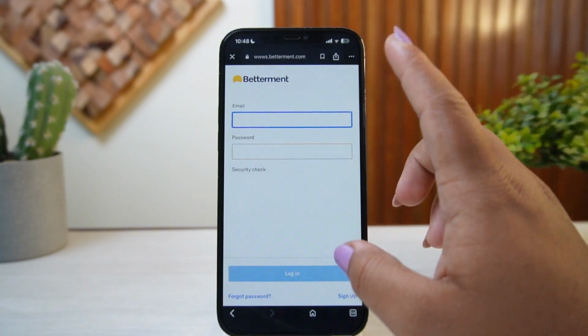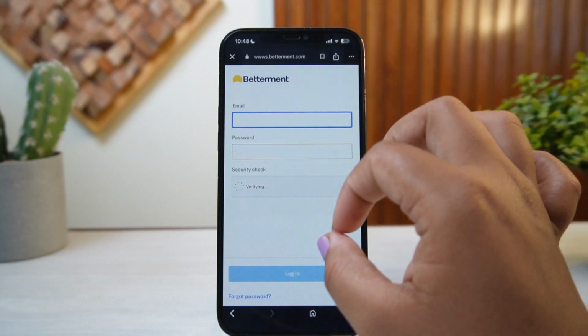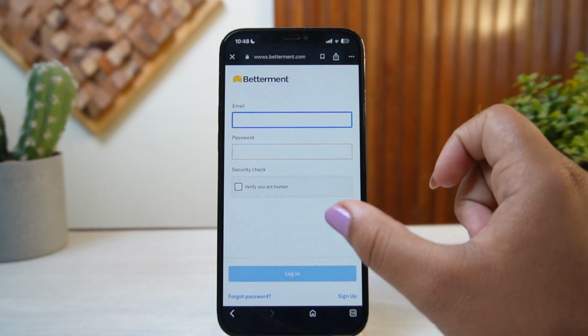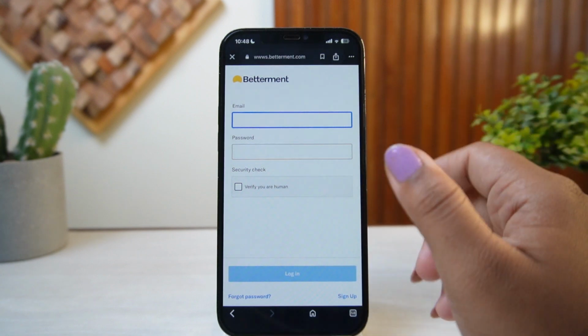After logging in, you can tap on settings from the left hand navigation bar. Then from there you can tap on security tab, then you can tap on change password, enter your current password, specify your new password, then you can tap on update password, and like that you'll be able to change your